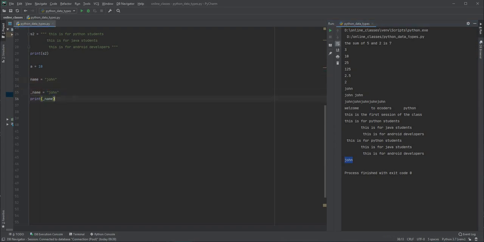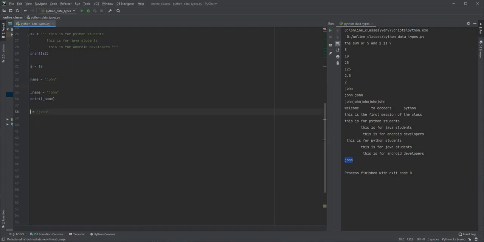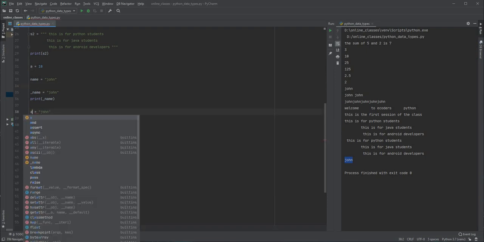It can also start with an underscore, but what it can't do is start with a number on the left side. A variable cannot start with a number. It has to be a character, a small character or a capital one. So let me say a equal to John.